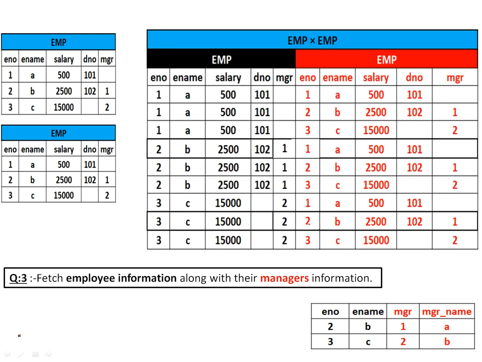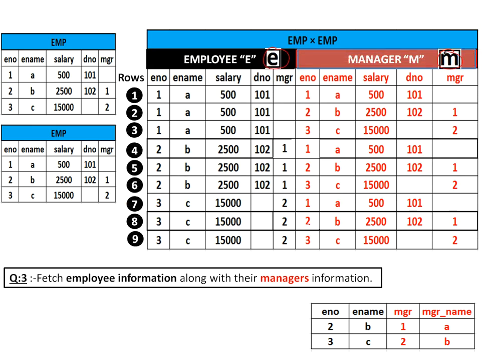Make it employee E. This is manager EM. Total 9 rows again. Now which rows are required? I asked employee number 1, what have you done? Sir, I joined with all managers. Anyhow, he doesn't have any manager, leave it. You don't have any manager, please remove everything. Okay sir, removed. Now I called employee number 2. Sir, I joined with all managers. Then I requested, please stay with your manager only. Okay sir. How can a manager